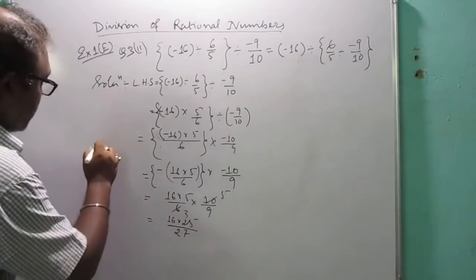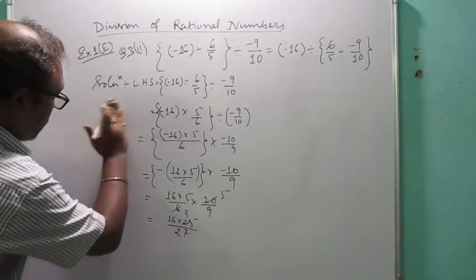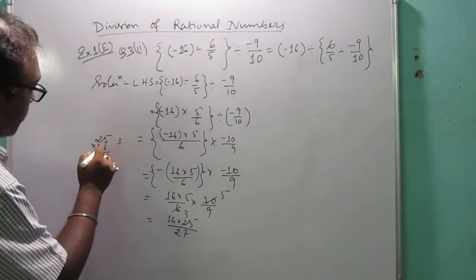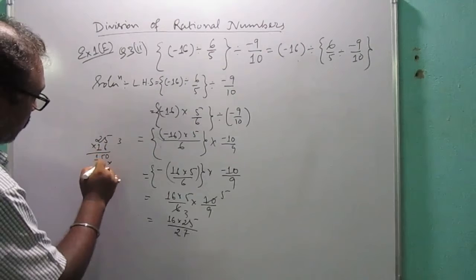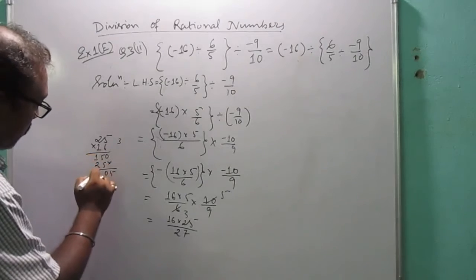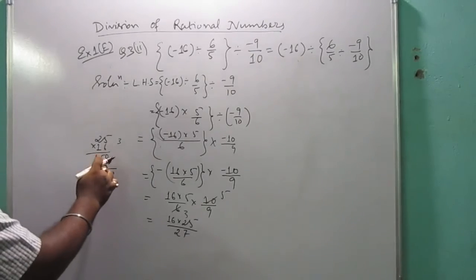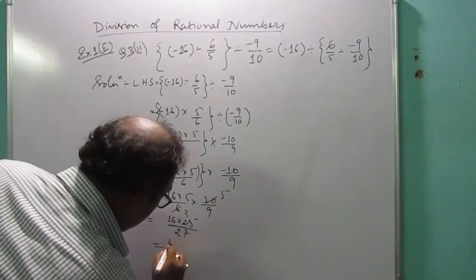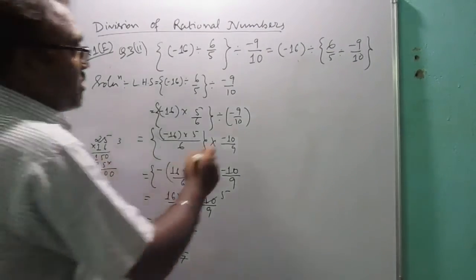Okay. So 16 into 25 is how much? We will do 25 into 16. 6 5s are 30, 6 2s are 12, 13, 14, 15. 5 10, sorry, it will be 0. 5 plus 5 is 10, 2 3 4, 400. So 400 by 27. Okay, so this is the left hand side.